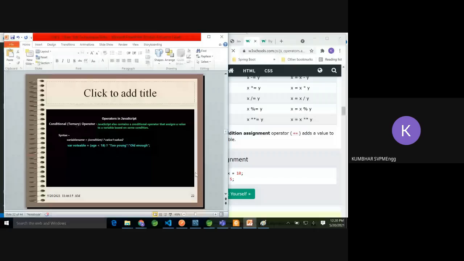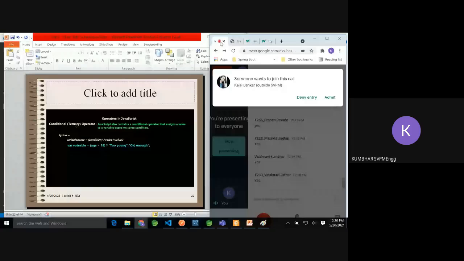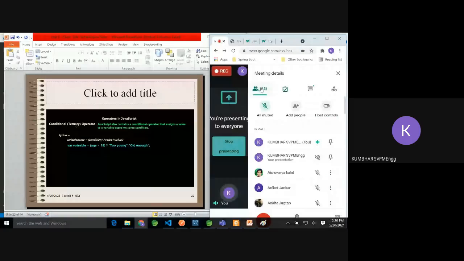Next operators are, okay, the ternary operator. This is again one more important operator. You might have learned this in C, C++, but here also it is really very useful when you want to save your number of lines of code. Believe me, when we are writing if this condition is true, then execute this code, else execute this code, it requires writing the condition, brackets, and then code.